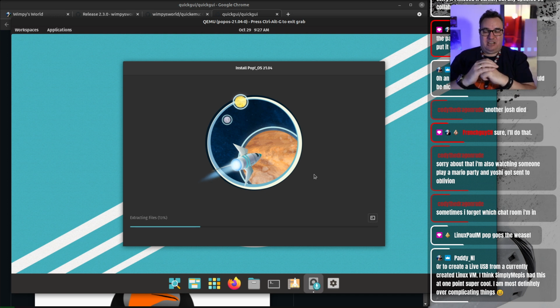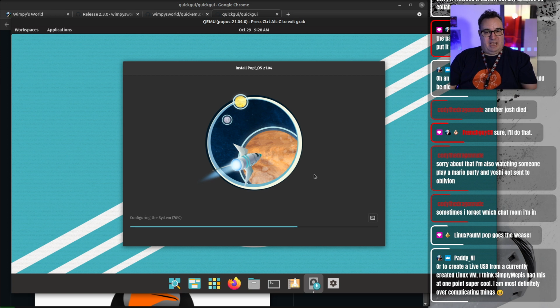So it's really nice. What I love about Quickgui is it preserves all of the simplicity that I was striving to achieve with Quickemu and Quickget. And I think we're very close to having something here that competes with GNOME Boxes now. So Quickemu is the engine that sits beneath Quickgui, and Quickgui definitely has the simplicity of GNOME Boxes. Now that I've added Quickget, it has the ability to download distros automatically, which is something Boxes can do. I think we've got something comparable here,